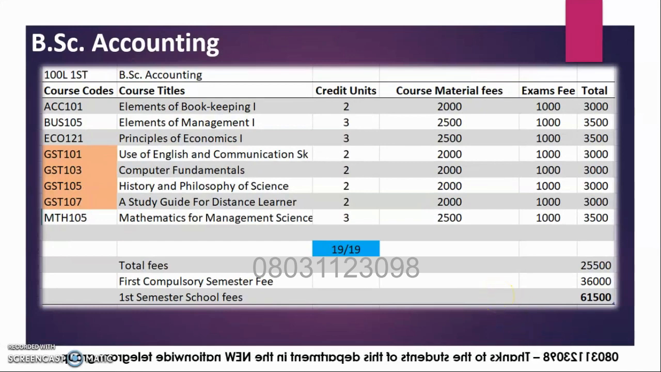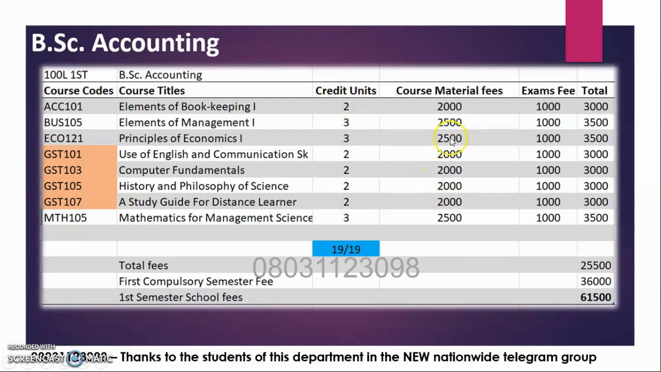B.Sc Accounting is a 4 years program, which is an 8 semester program. These are your courses for the first semester, including GST 105, which is for arts and social science students and others. You are expected to register all of them and pass them,